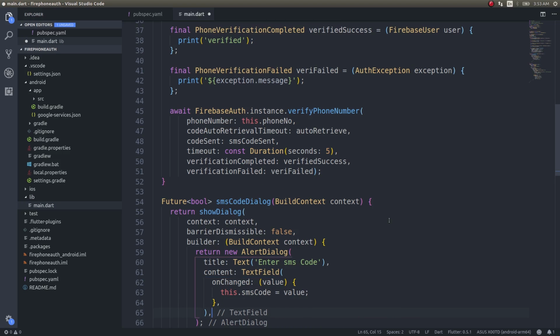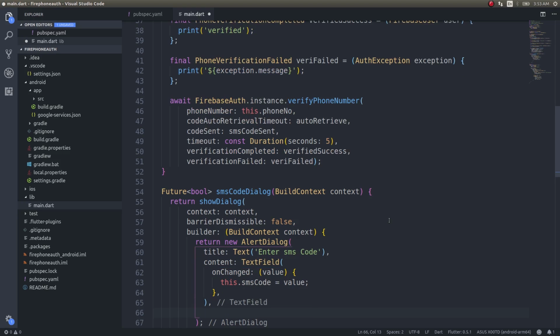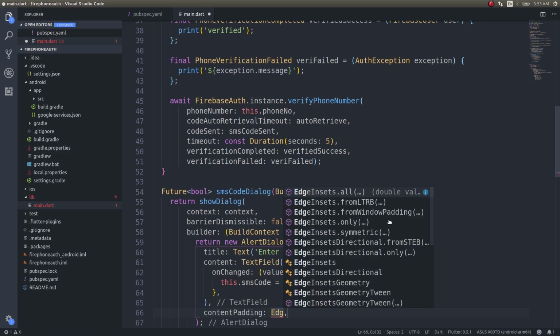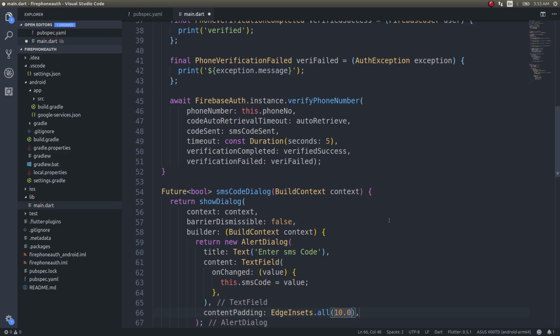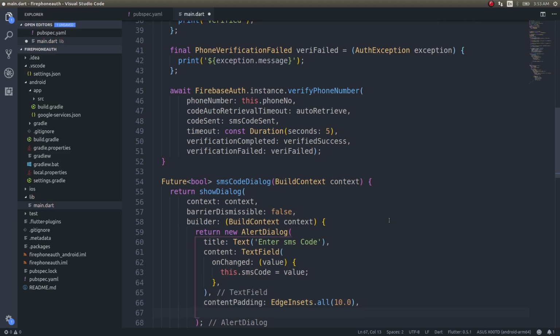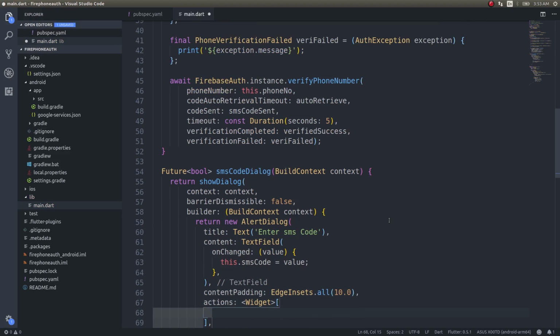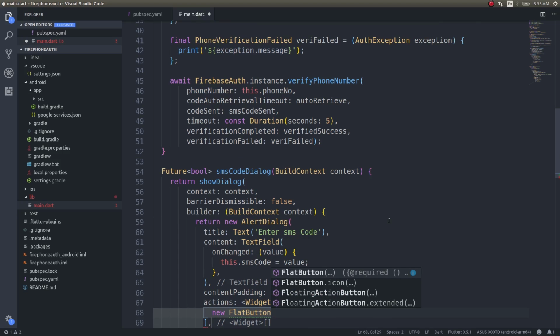Now I have a text field and a title. I need a button, right? To do some actions I need a button. Before adding a button I'll add some padding so that the text field doesn't stretch edge to edge. So I'll do a content padding, edge insets dot all. I'll give value 10.0 or something, and then I'll do actions widget, new flat button,